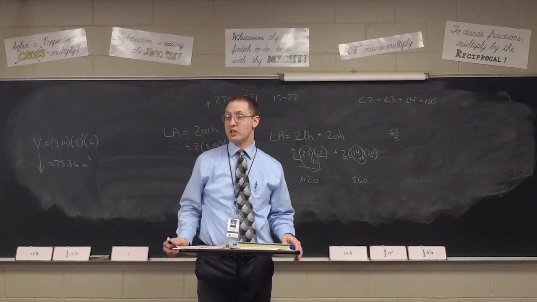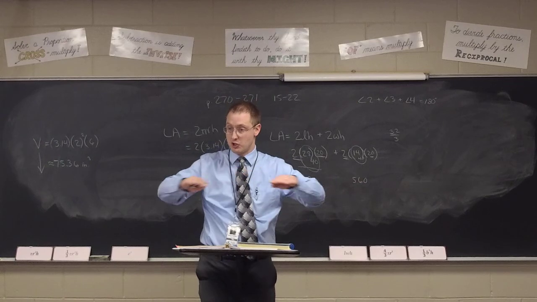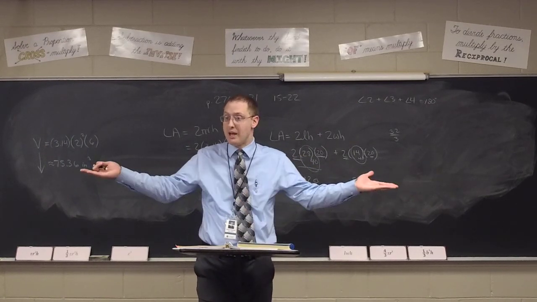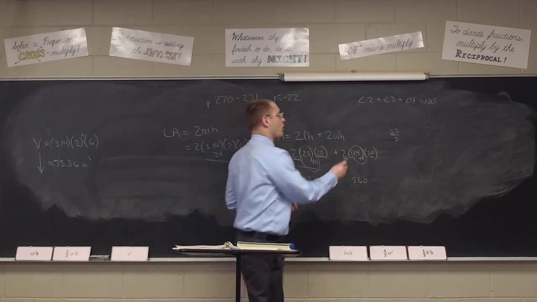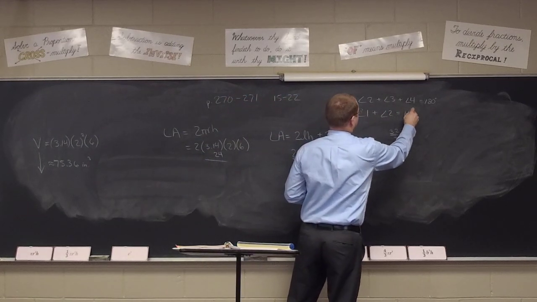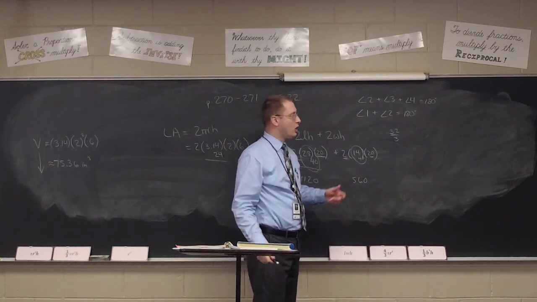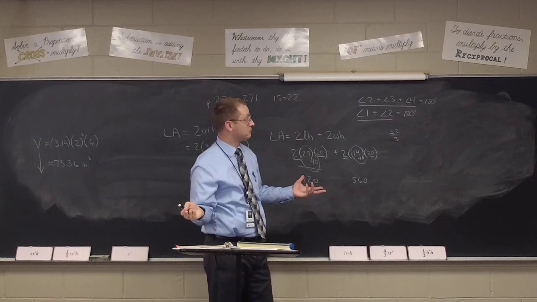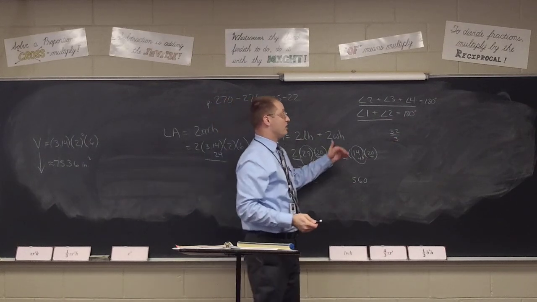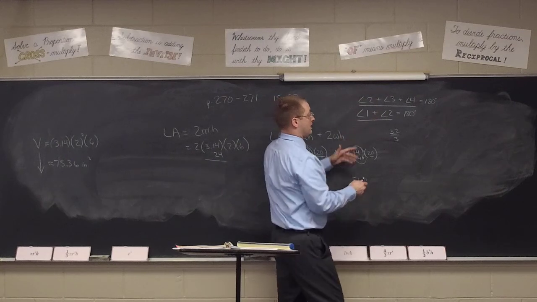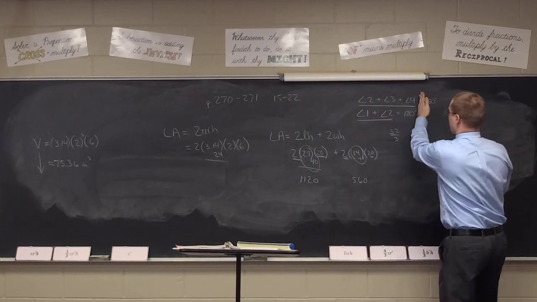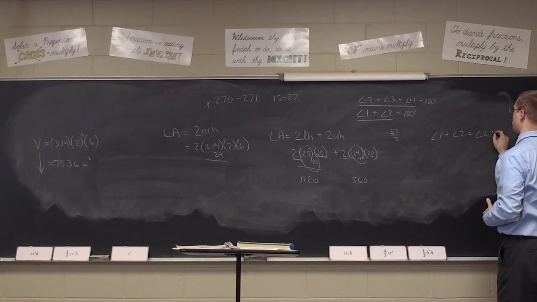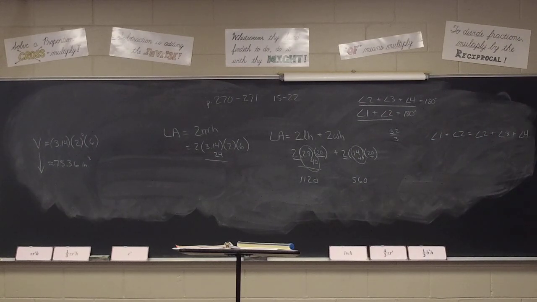Remember that 180 degrees is a straight angle, or where an angle would form a straight line. You notice angle 1 and angle 2, you put them together, they form that straight line, don't they? So we know also that angle 1 plus angle 2 must equal 180 degrees, right? Well, if they both equal 180, then they must be equal to each other, right? If 2, 3, and 4 together equal 180, and 1 and 2 together equal 180, then 1 and 2 must equal 2, 3, and 4, correct?